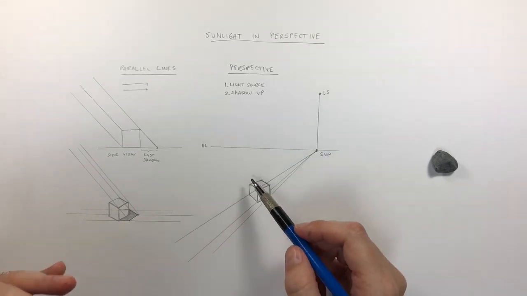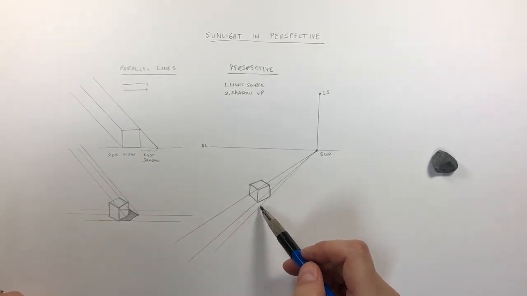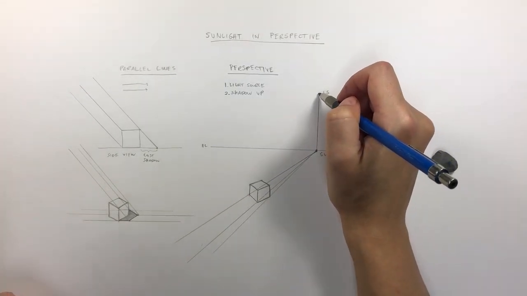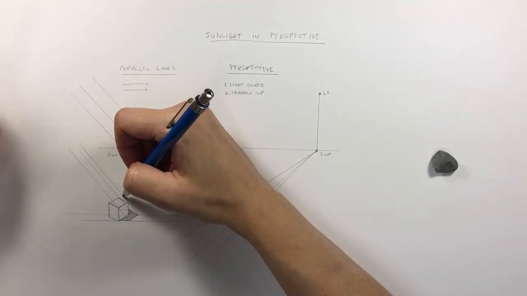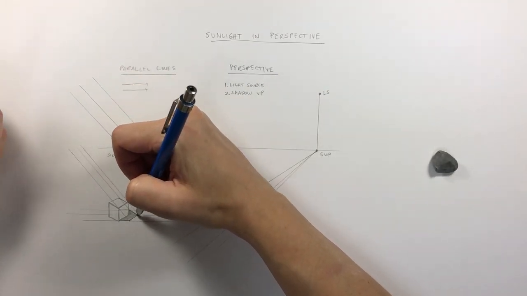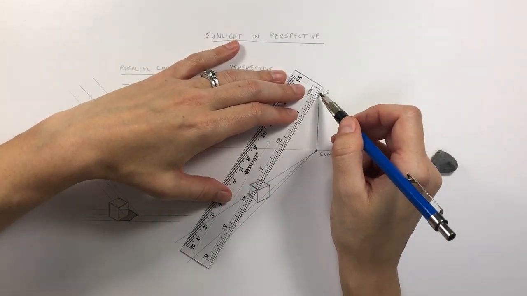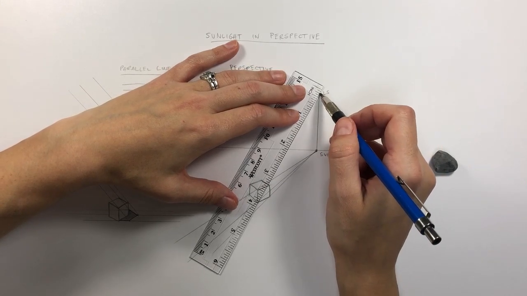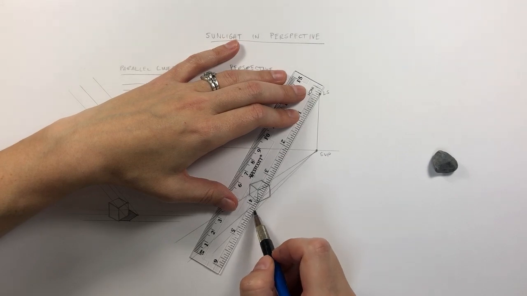But then we need to figure out how long our shadow is. Is it really long back here? Or is it really short back here? And that all has to do with our light source. So now what we're going to do is, like we did here, remember the line going through the top corners down to the ground? That's what we're going to be doing here. So we take our light source, have a line going from this through the top corner and then down to that